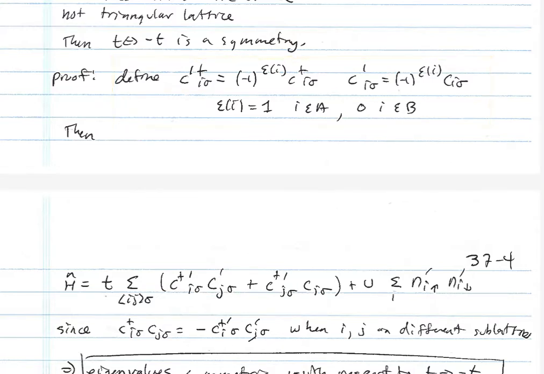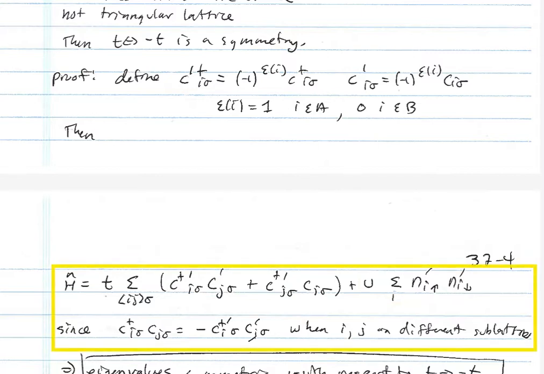Then in that case, you can see n prime, which is C prime dagger i sigma, C prime i sigma, will have a factor of minus 1 raised to the 2 epsilon i. But 2 epsilon i is either 0 or 2, and minus 1 to the 0 or 2 is always equal to 1. So the U term in the Hamiltonian is unchanged because the n i primes are exactly the same as the n i's. On the other hand, if I look at the Hamiltonian for the hopping,